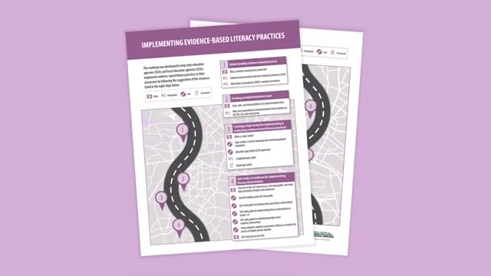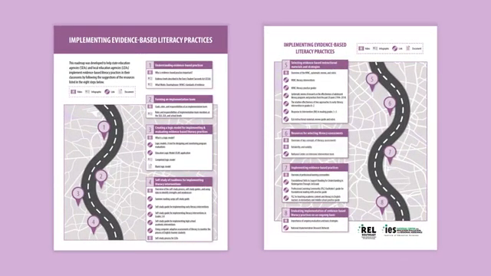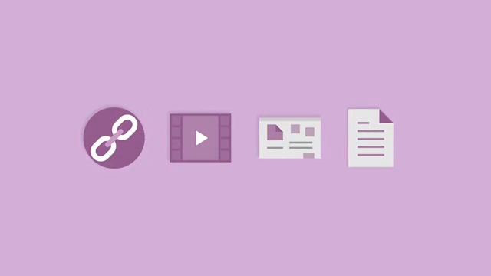Developed by the Regional Educational Laboratory Southeast, the Implementing Evidence-Based Literacy Practices Roadmap is a concise and easy-to-use navigational tool that outlines the steps necessary to implement empirically grounded literacy practices. Embedded within the roadmap are links to resources such as websites, videos, infographics, and documents related to the following 8 areas: